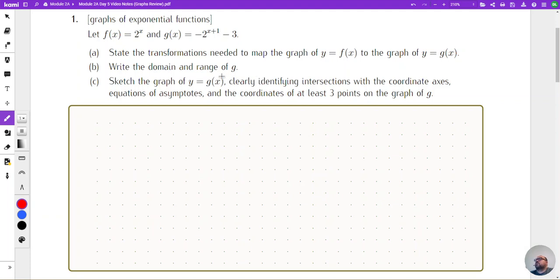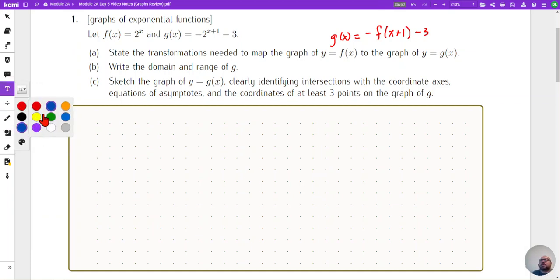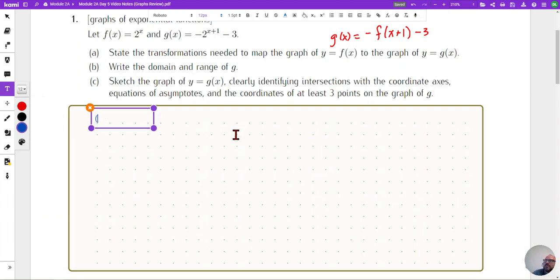So if we want to state the transformations to go from f of x to g of x, one of the things that we can think about is that g of x could be written as negative f of x plus 1 minus 3. So if I was going to then identify the transformations that I have for part A, I could say that with the negative out in front of the function, I have a reflection in the x-axis, followed by a